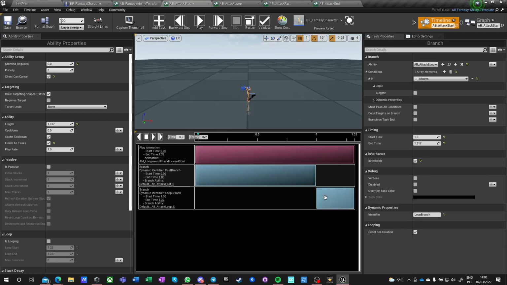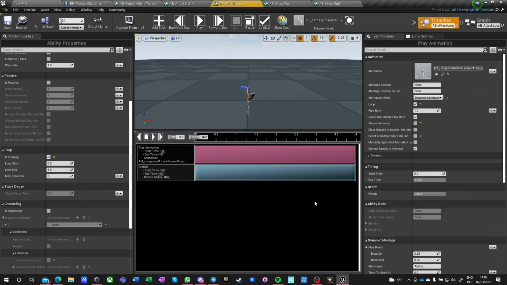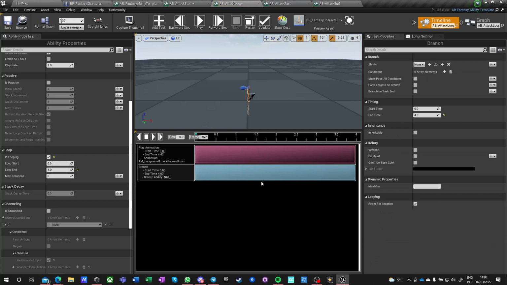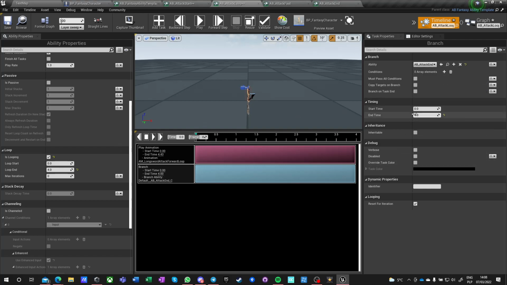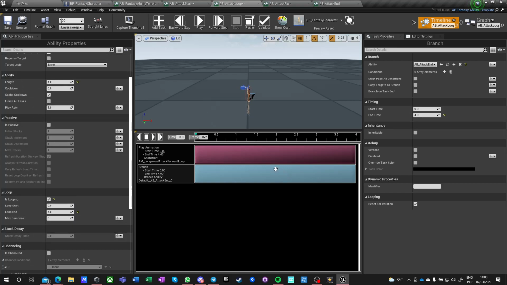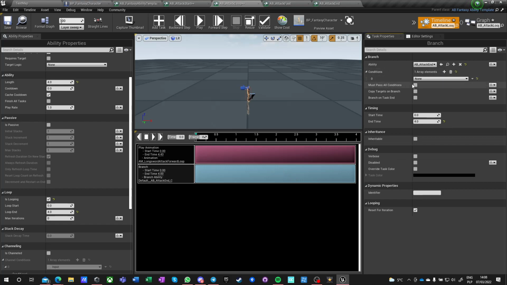Maybe you recently pressed on both, and this just always goes into attack loop. Okay, and attack loop is just attack loop, but we want attack loop to actually also branch to attack end. Want to loop to attack end on condition of on input,